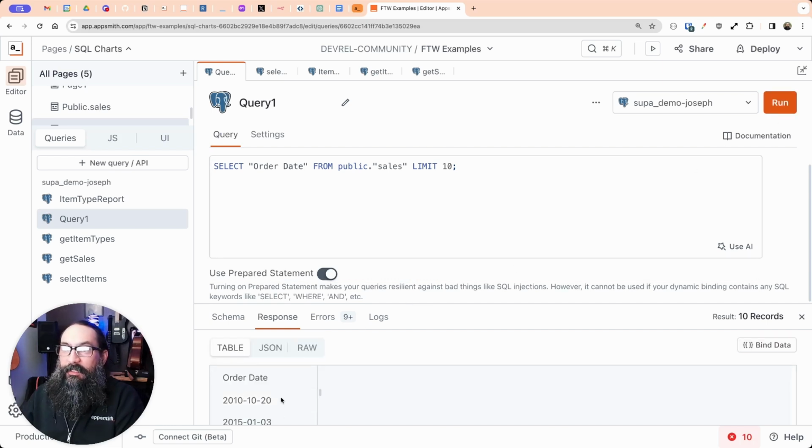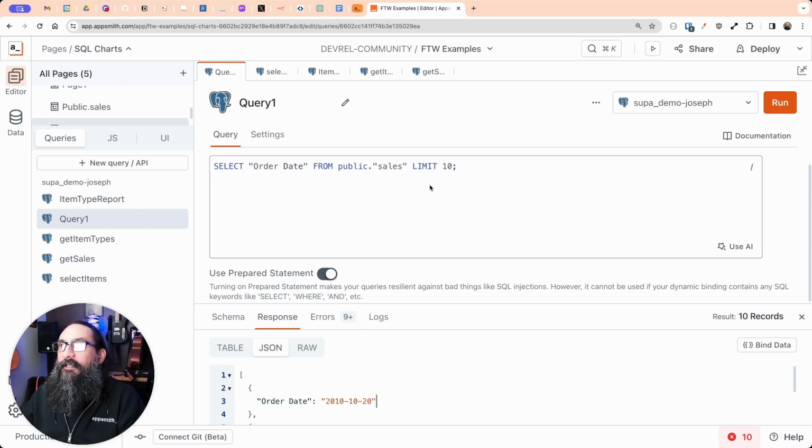And now we're only getting that one date field, which is actually a string. This is not stored as a date. So it makes it a little tougher to do these aggregate queries and get just the date. But next, what I want to do is say select, and then instead of order date,